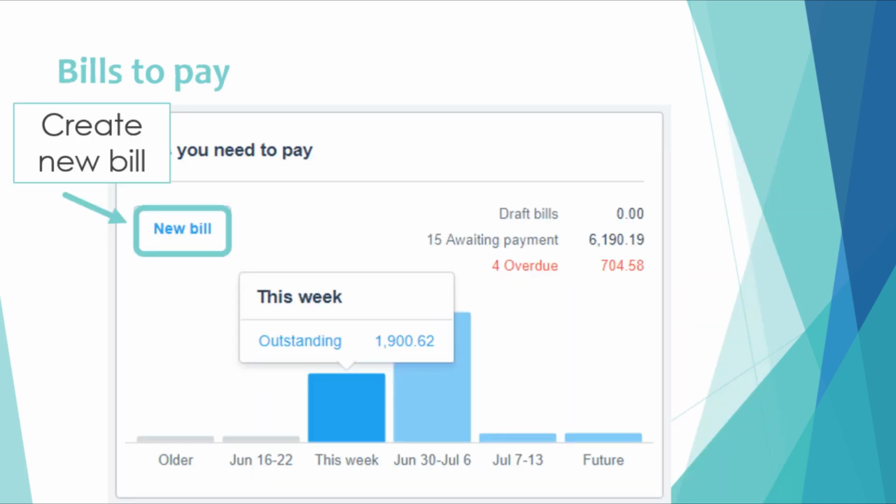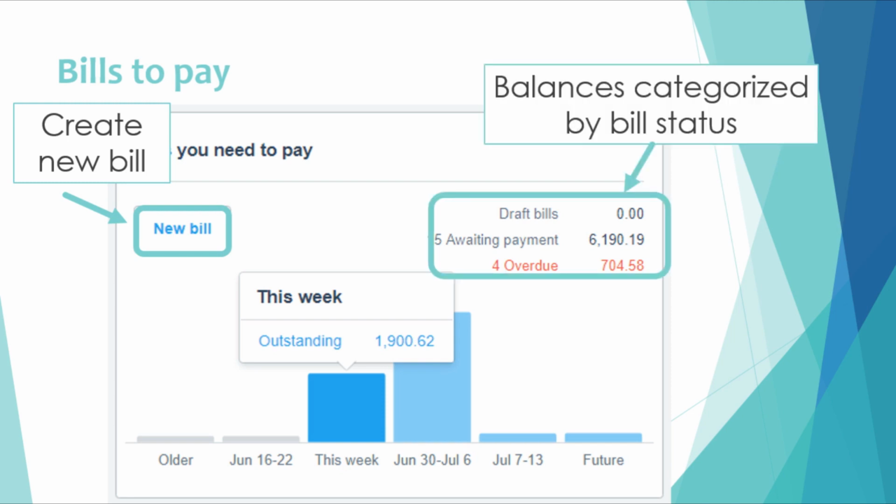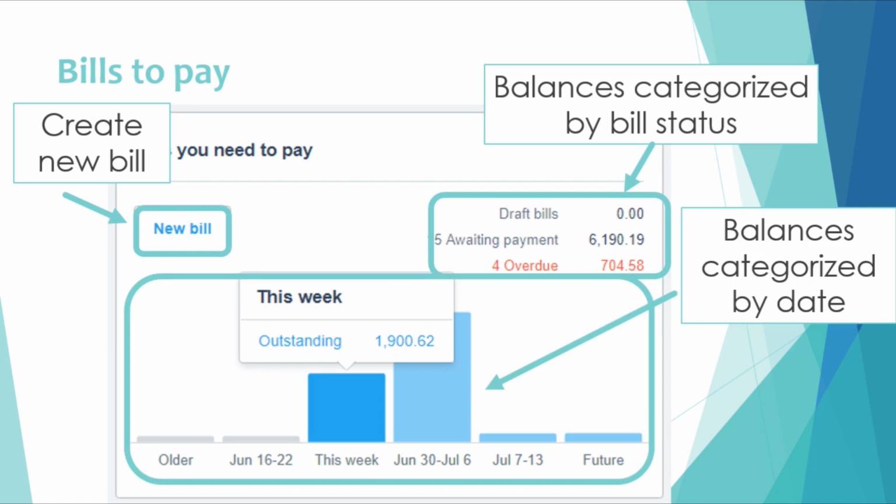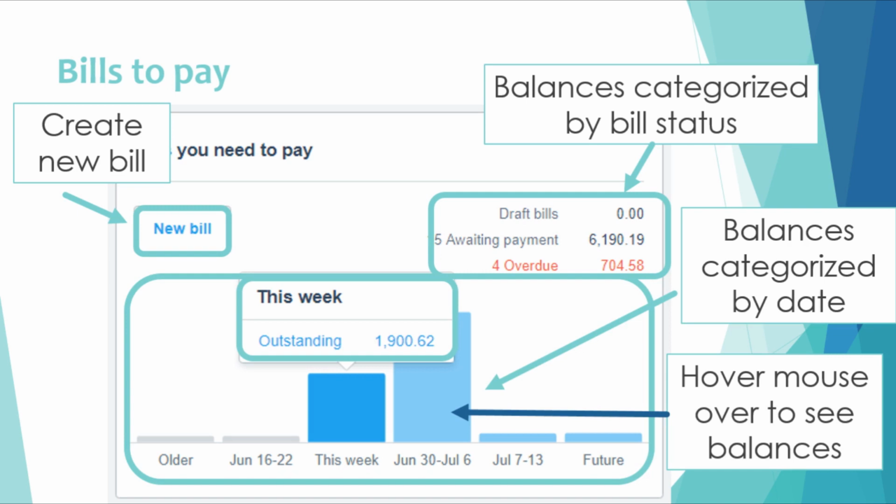This is exactly the same as the bills to pay, but this part shows all the invoices, all the bills which you are owing your supplier and you are due to pay soon. So just the same, click on the new bill to create a new bill, and then these are the balances categorized by the status, and these are the balances categorized by the date. And just the same as previous, hover your mouse over to see the balances popping up to show you more